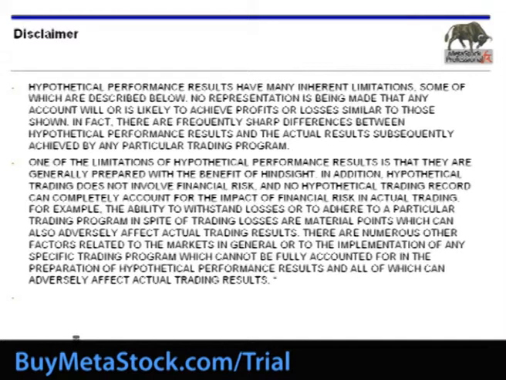And you see the disclaimer on your screen. I am going to read the disclaimer. Hypothetical performance results have many inherent limitations, some of which are described below. No representation is being made that any account will or is likely to achieve profits or losses similar to those shown. In fact, there are frequently sharp differences between hypothetical performance results and the actual results subsequently achieved by any